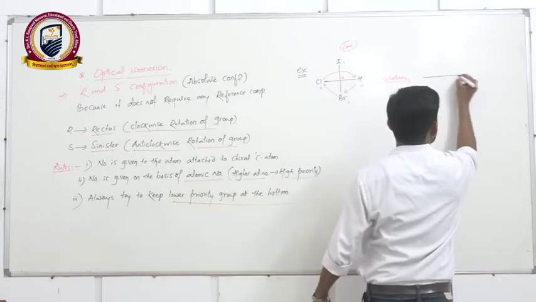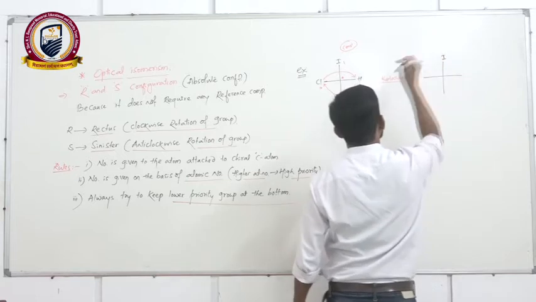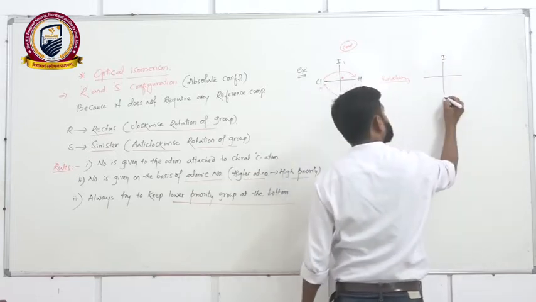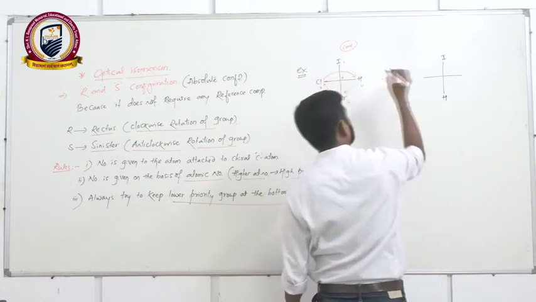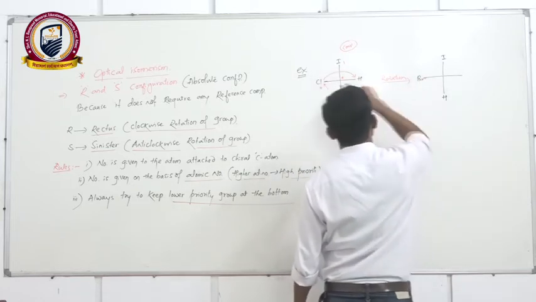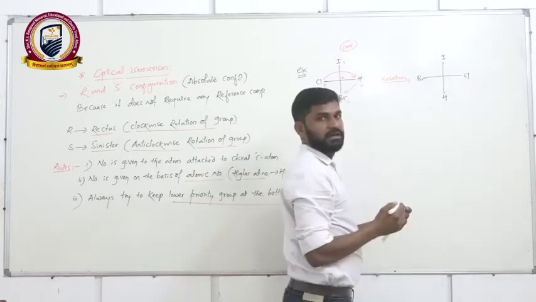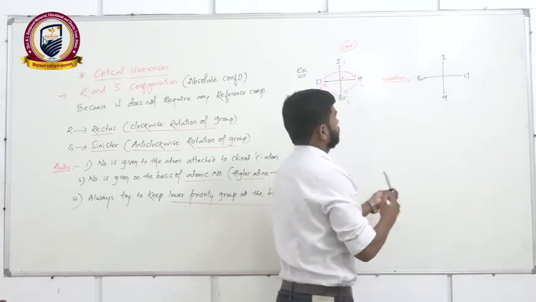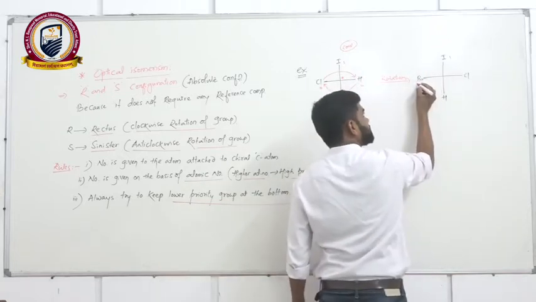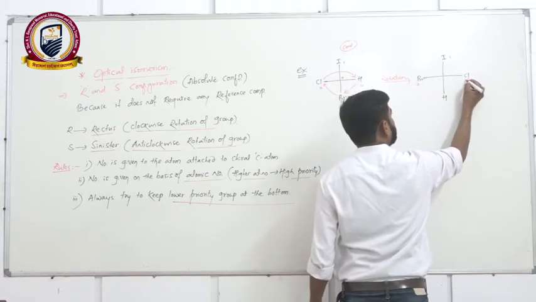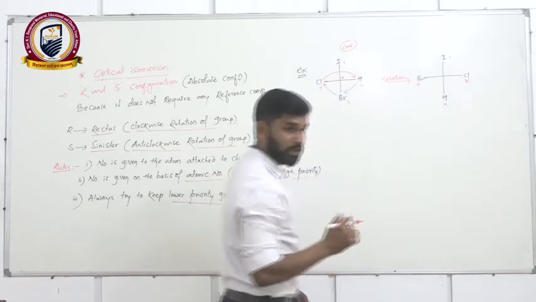so this becomes as here. The top group will remain. So this hydrogen will come at the position of bromine, and bromine will come to the position of what? Chlorine, and chlorine will come to the position of what? Hydrogen. Okay. So now write the numbers over here. First priority, second priority, third priority, and then what? Fourth priority.